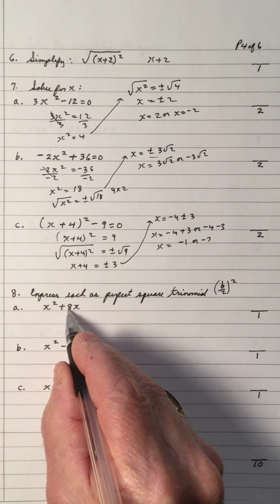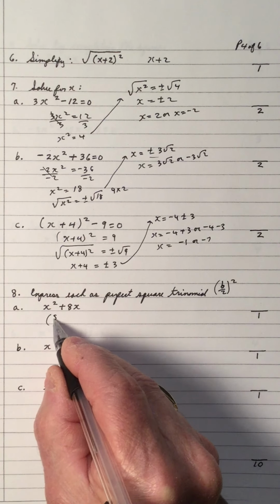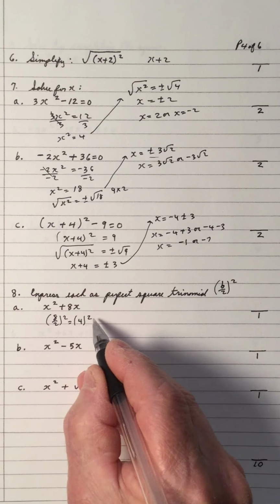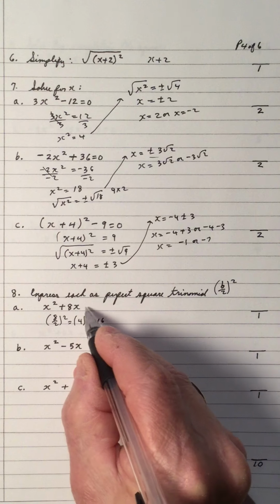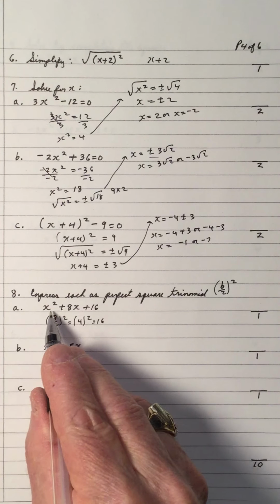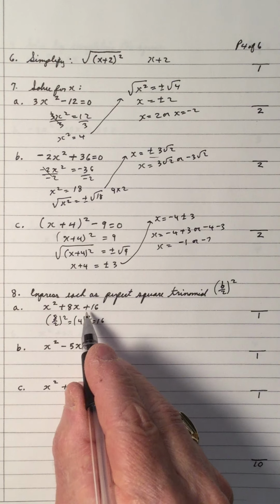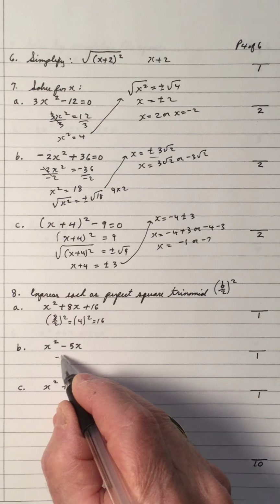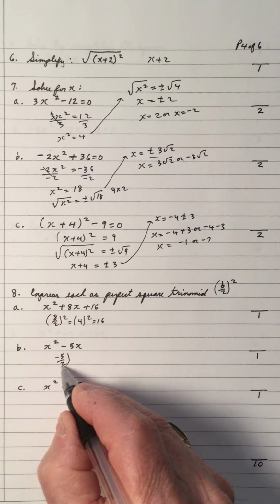So b is 8, so we take the 8, divide by 2 and square it. So that's 4 squared, which gives us 16. So plus 16. The perfect square trinomial is you had to add 16 on. Give yourself a mark. The perfect square trinomial here is to take the negative 5, divide it by 2 and